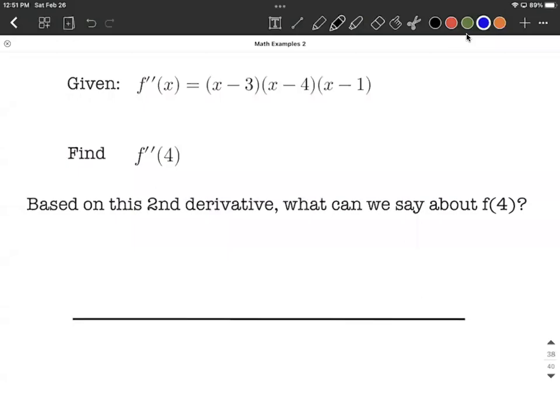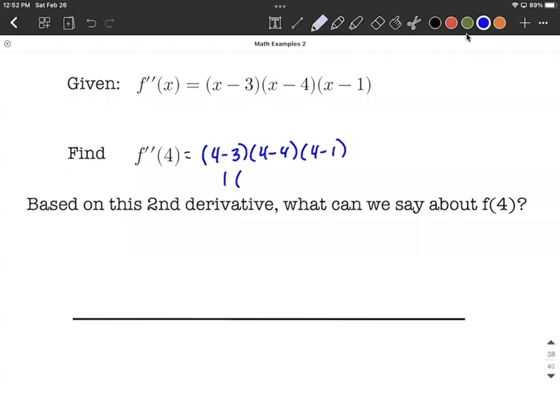In this example, we're given the second derivative of a function f of x, and we want to know a little bit of information about this. First of all, we want to find f double prime of 4. To find that, we can use our second derivative and plug in 4 for each one of the x's. So 4 minus 3 times 4 minus 4 times 4 minus 1,